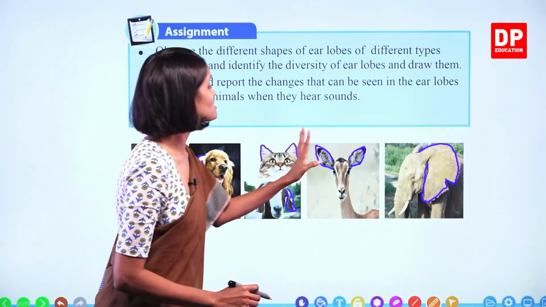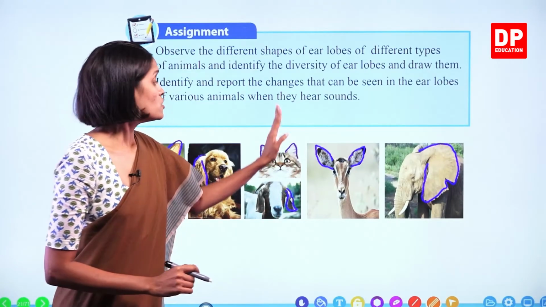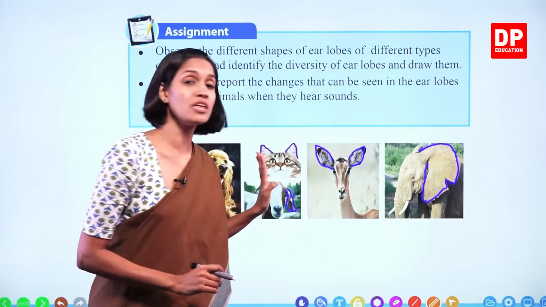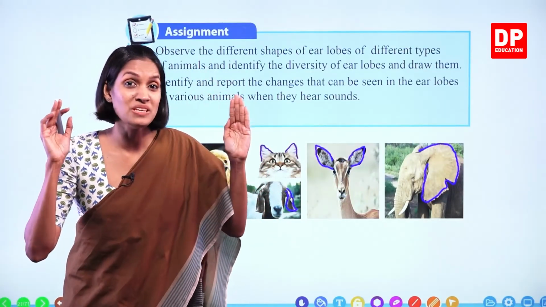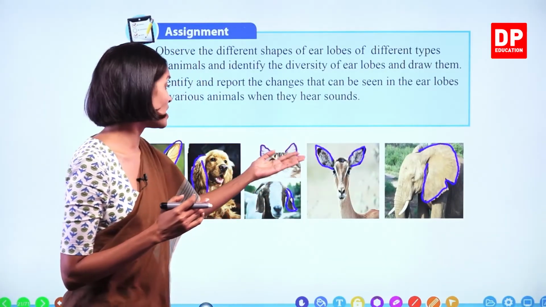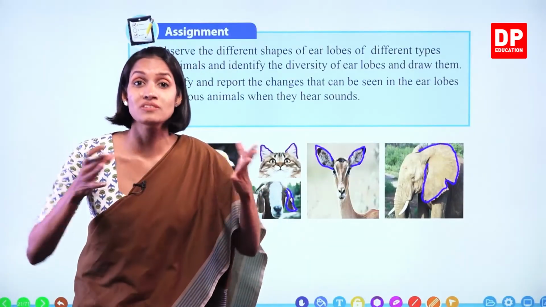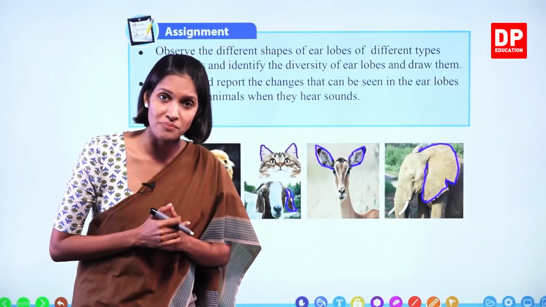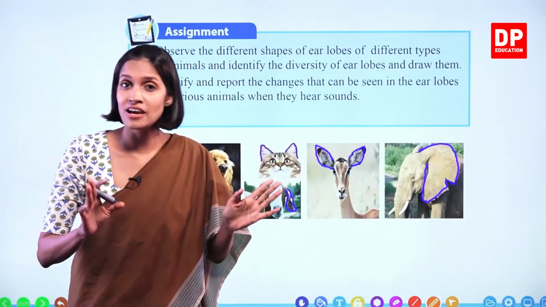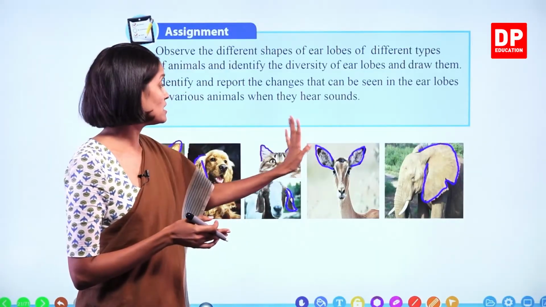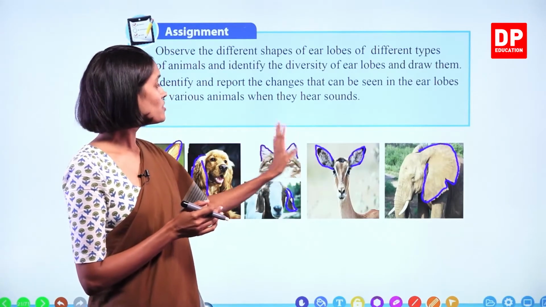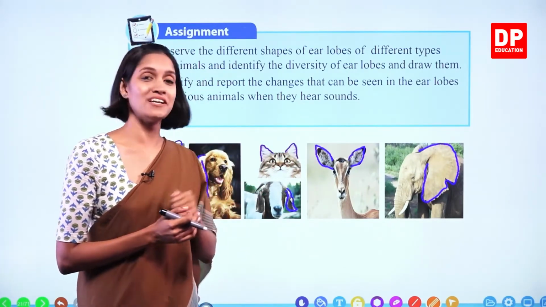So for all animals, these earlobes are very important. For herbivores like deer, it's very important to check whether their enemies, their predators, are coming to catch them. At the same time, animals like tigers and lions need to catch other animals to feed on them. So in order to identify the sound of the other animals, they also need good earlobes to collect the sound waves. Okay, children? Now we are going to watch a video clip on this one.